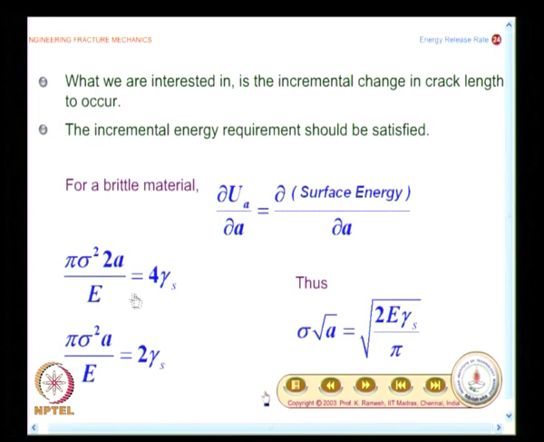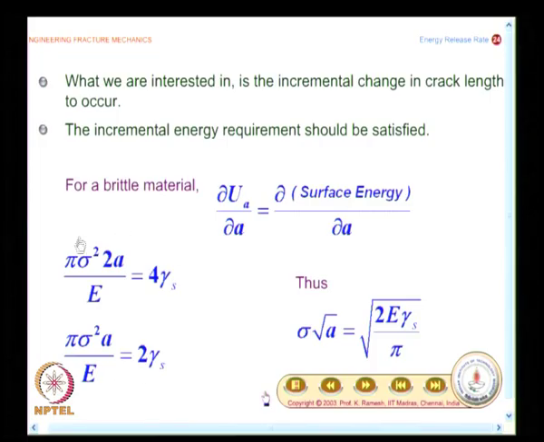If you differentiate it with respect to A, you will get this as pi sigma squared 2A divided by E equal to 4 gamma s. If you differentiate with respect to 2A, you will get this as pi sigma squared A divided by E equal to 2 gamma s. In fact, if you simplify this, you will come to this step,